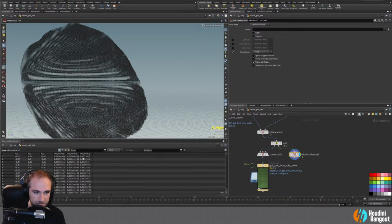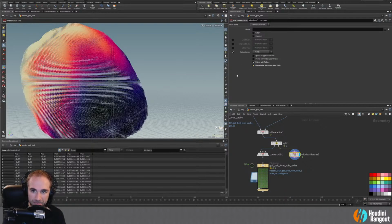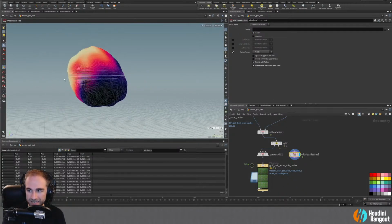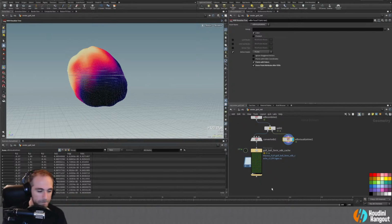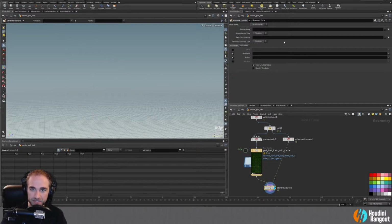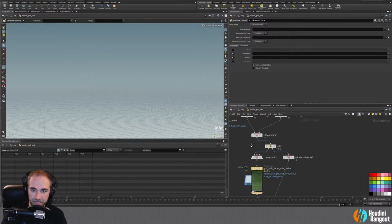0, 1, 0, 1, 2. And then if you name the attributes after the VDB, it's now calling it CD0, 1, 2. Oh yeah, look at that. That does matter. So color: if you check that, it changes it to CDR, CDG, CDB. It knows either way. But then what we do is an attribute transfer here. And sure enough, this should actually...